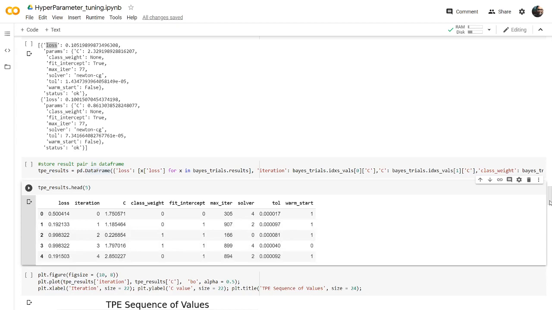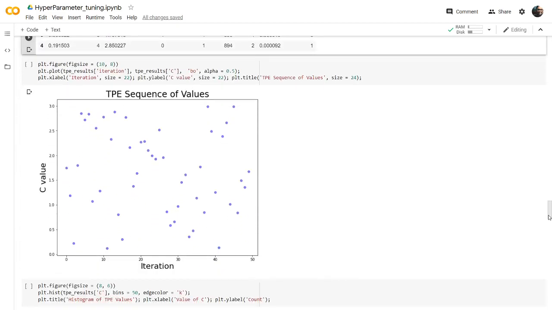We will also have 50 rows here, and let's just visualize how the C value is. So if we visualize the C value, this is how it has picked the values. If you go on increasing the iteration value, you will see all the C values will be searched in this space only, below some value, let's say 1.5. At the start of the iterations the values are random, and it will be searching all over the space. But when the iterations are increasing, you can see almost all the values are below 1.5 only. Only a few are just above 1.5. So it just concentrated here only.